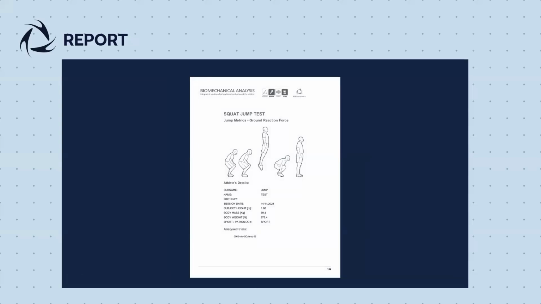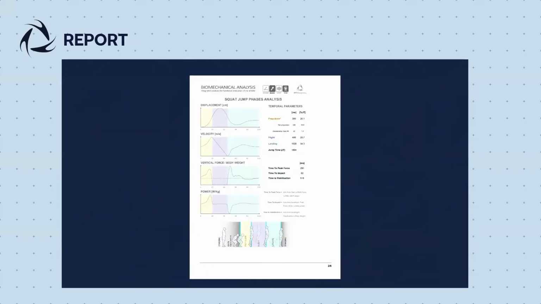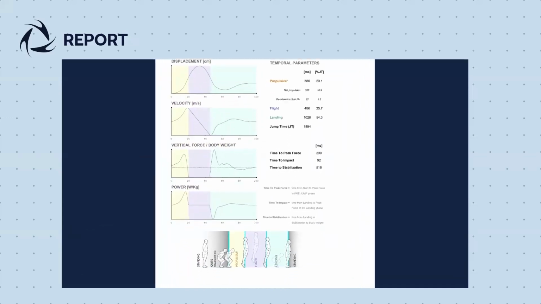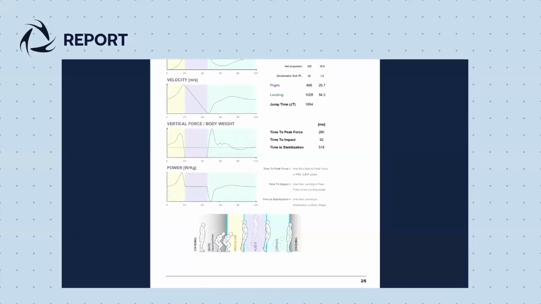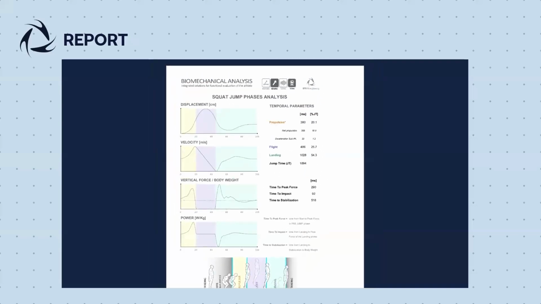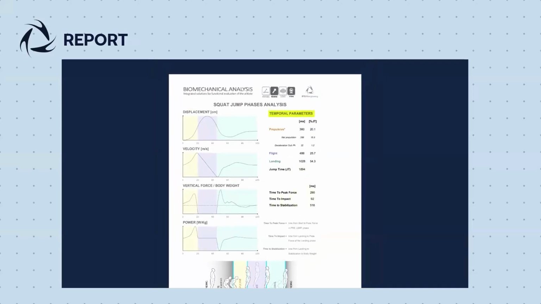The first page presents the subject's personal and anthropometric data. The second page analyzes the squat jump phases. The graphs on the left display displacement, velocity, vertical force, and power profiles during a single jump cycle. Each movement phase is highlighted with a different colored background, as indicated by the legend at the bottom of the page. The right side of the page contains temporal parameters, including jump time, time to peak force, time to impact,